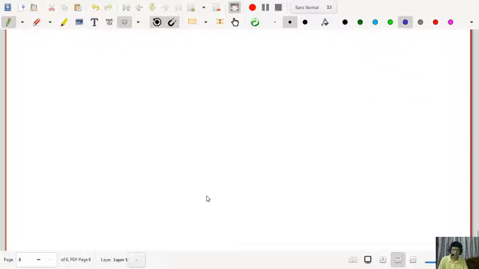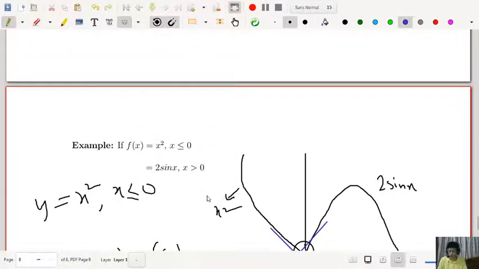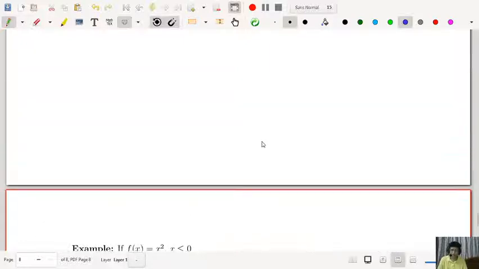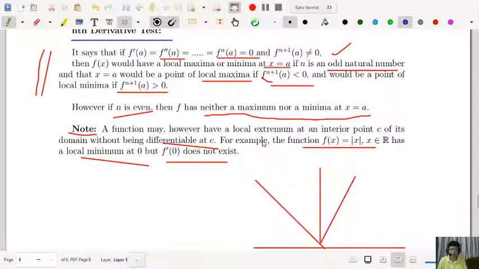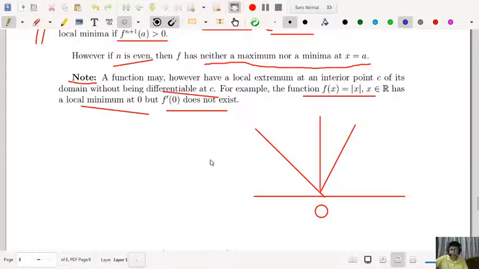So these are the problems. There are so many problems. You go through them and solve many problems so that you have a good idea of how to find the maxima and minima. In this lecture I told you how to find the maxima and minima by change of sign, by first order derivative, using the second order derivative, and if the second order derivative fails you have to go for nth order derivative, the higher order derivatives. Also there are some restrictions on the function. The first order derivative equal to 0 is the necessary condition but not sufficient, and with an example I gave you the idea.